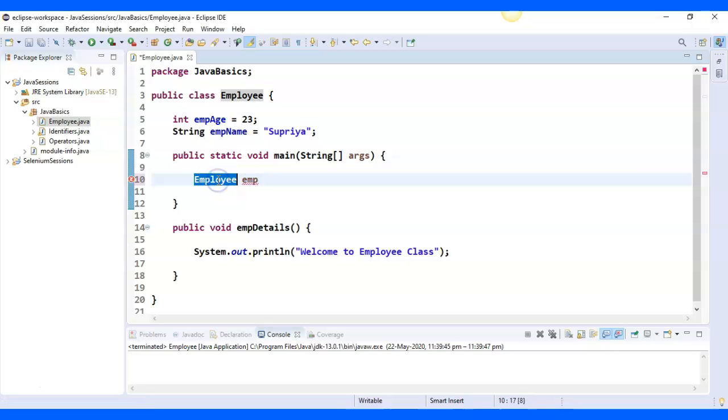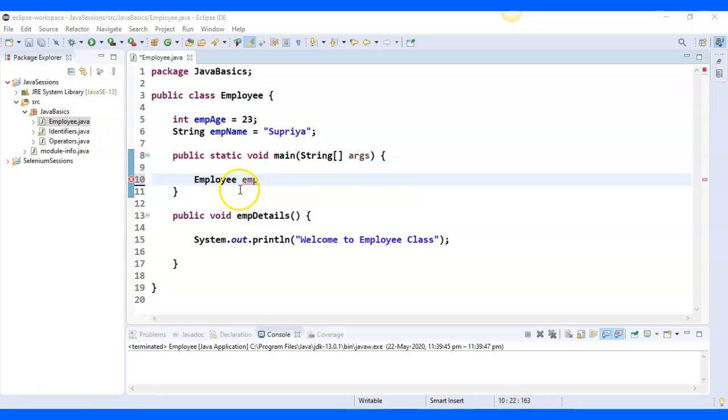By writing the Employee class and the reference variable, we are declaring the object of the Employee class, and we are giving the name of the object as emp. I'll repeat. By writing this line, the class name Employee and any word as a reference variable, here I have used emp, I am declaring the object of the class Employee. And the moment I write equals new